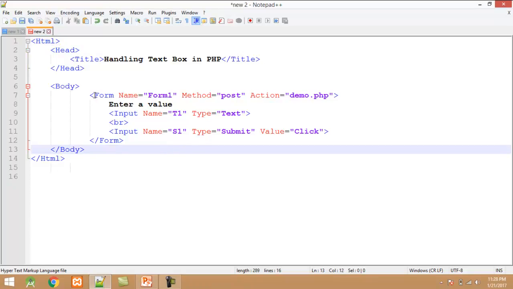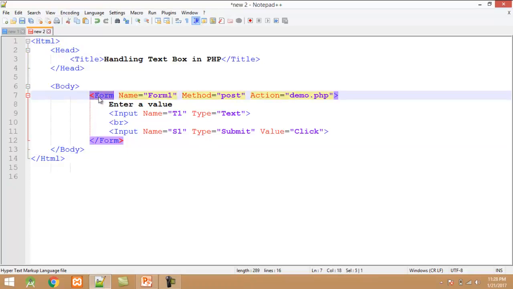Here you can see, to create a form we must use the form tag. This form tag contains three attributes. First one is name attribute. A single web page contains n number of forms. Therefore, we must assign a unique name for every form. Second attribute is method. Method attribute determines how to send forms data from HTML page to PHP. This method takes two values, either post or get.